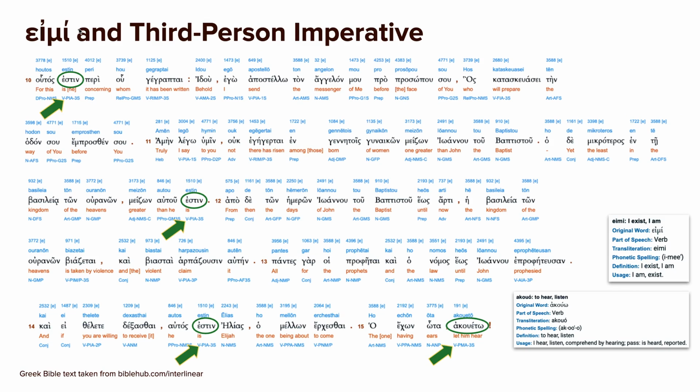All right, in this slide, I want to just point out the third person singular form of the verb eimi, which means I am. In the third person, it's he, she, or it is. I also want to point out a third person imperative, and then we'll go into eimi's conjugation and the imperative in general. But notice the third person imperative does exist in ancient Greek, but not in English. In English, we only have second person. All right, this is concerning whom it has been written. This is estin, that is present indicative active third person singular of eimi.